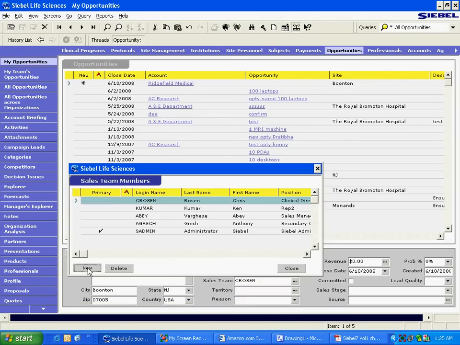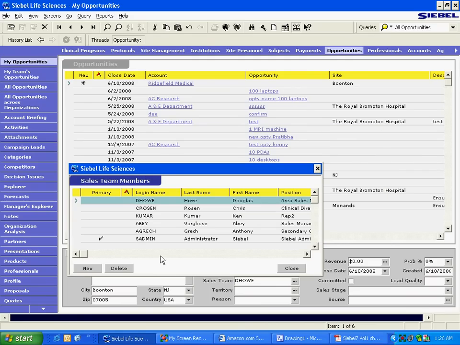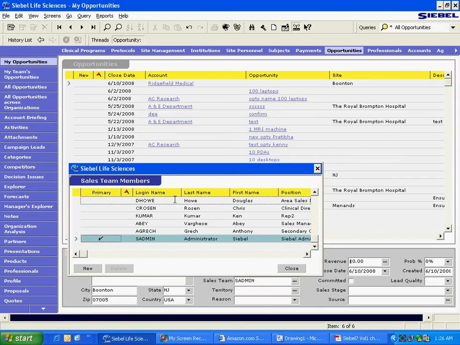For example, look at all these people here. Richfield Medical is not assigned to any of these so far. Once you pick it and add it to this team, then this is an MVG. Some people think when you pick one, like this is highlighted or this one is primary, that the primary is the one to whom this account is assigned. That's not true. It is assigned to all 6 people.